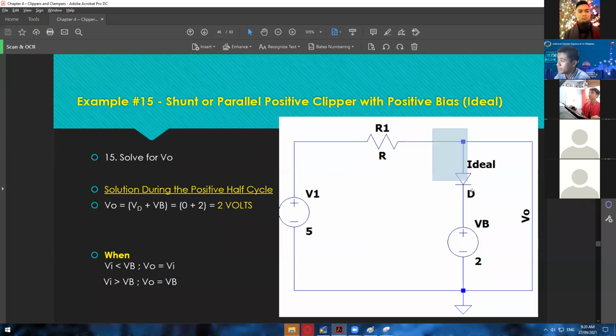So we now only read the voltages on this certain path, so that is the VB. We have here a reading of positive 2 volts since this one is ideal. So 0 plus 2 is equal to 2 volts. Okay, so are we clear with this one? And one more thing, again, do not heavily rely on this one because just in case that this one now is non-ideal, then if VI is greater than VB, VO is equal to VB, which is correct. But if we now